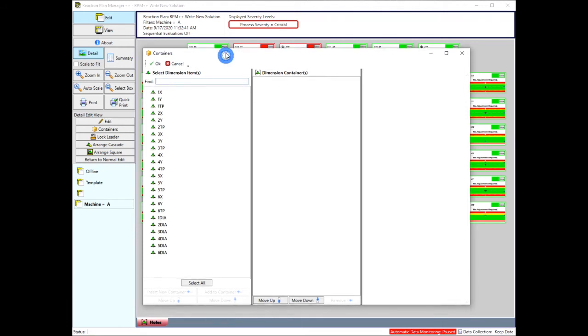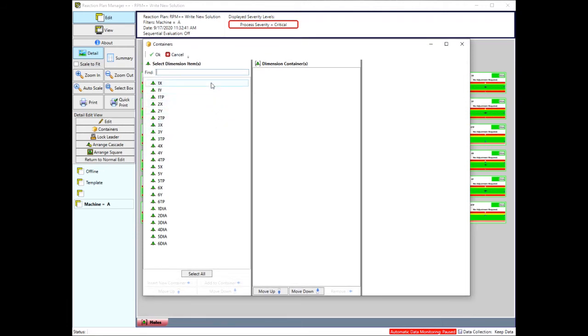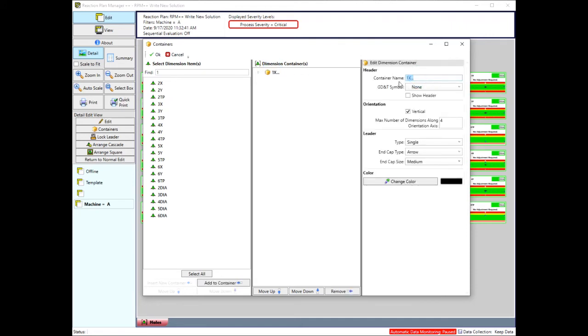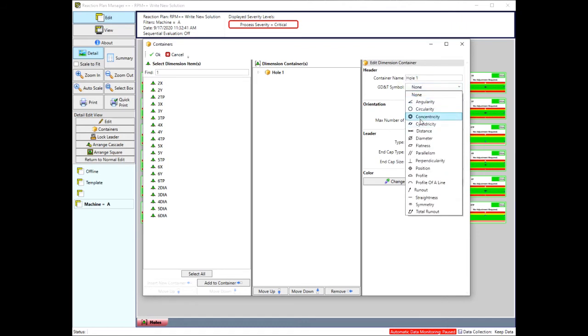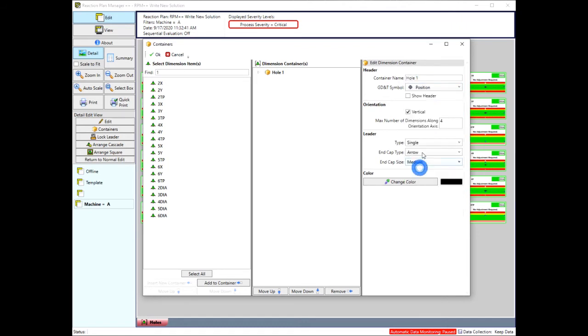So I'm going to organize my containers so that each container has all the pertinent information for each hole. So I'm going to click on 1, insert a new container. Notice the container is a little different. You can give it a name here as opposed to just having the general text of the label container. And I can include the GD&T symbol. And if I want to, I can show this header. So these 3 entries are new. These are part of the 3.0.0.18